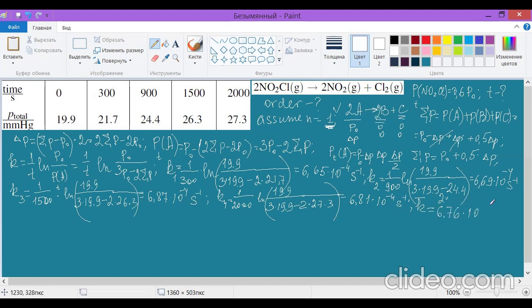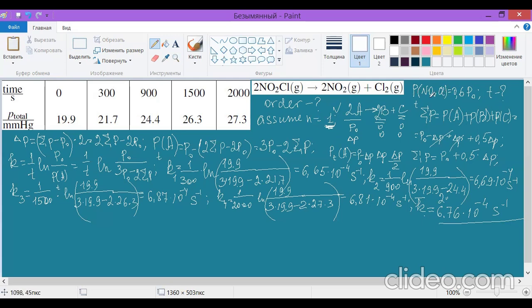6.76 times 10 to the minus 4 seconds to the minus 1. This is the value of the average rate constant for this reaction. First of all, we have calculated the value of the rate constant of this reaction, and also we have proved that the rate of this reaction is equal to 1. And now, having found the value of K, we can answer the question related to the time when the